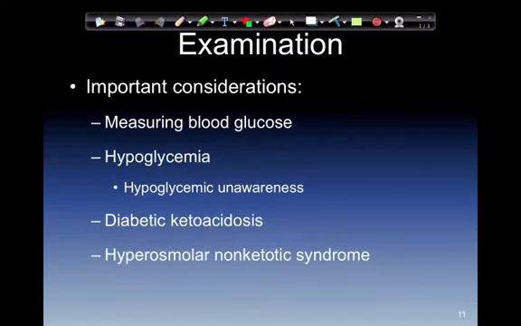On examination, it's important to measure their blood glucose values, the amount of glucose circulating through the bloodstream. We do this with a glucometer. Several factors do, however, affect the glucometer and its accuracy and performance, and those include altitude, humidity, and possibly ambient temperature. So if it's really, really cold outside and your glucometer is near frozen, it may not provide accurate results.